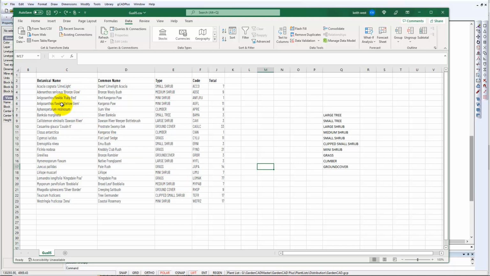But we can use what's called a drop list or a custom list. Large trees, small trees, shrubs and so on. That's the order that we want them in, and I've made what's called a custom list. So if we now